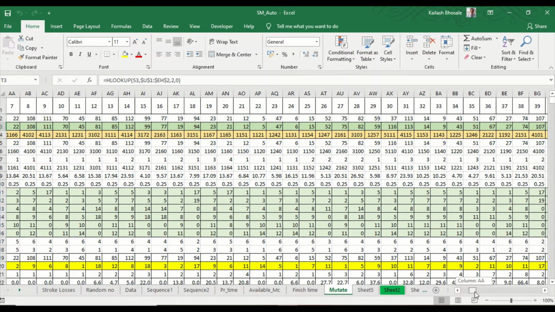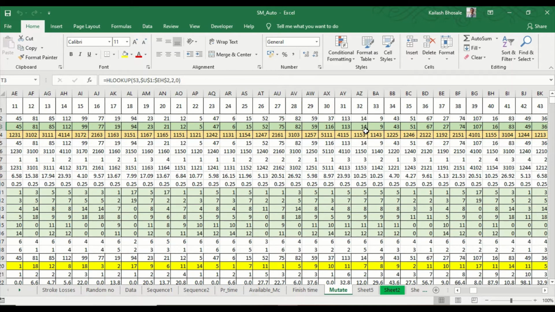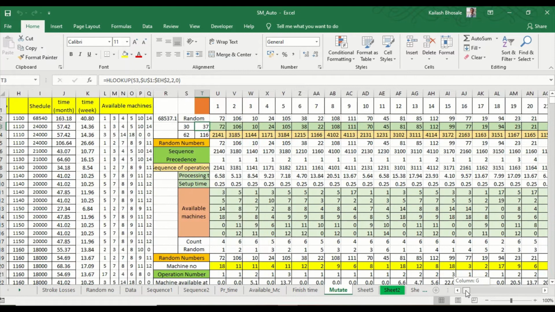So we have swapped the number positions of 30 and 37.